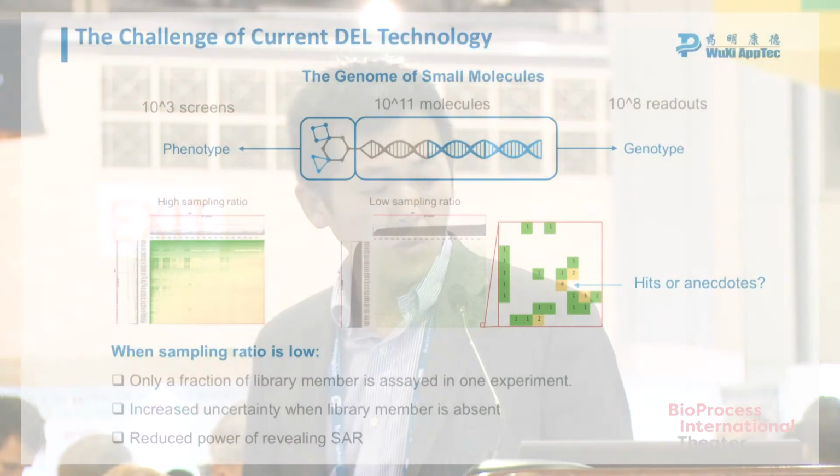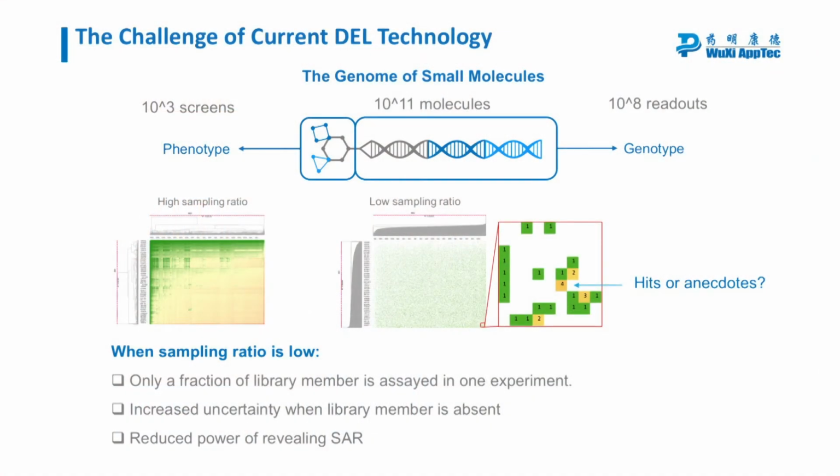So that comes down to the fundamental challenge of the current DEL technology, because more and more talented chemists have been unlocking a lot of chemical possibilities for building these libraries, and now the collection of the libraries has exceeded 10 to the 11th molecules. However, next-generation sequencing becomes a limiting step, because you can only have 10 to the 8th readouts in one sequencing effort. So as a result, as exemplified in this plot,